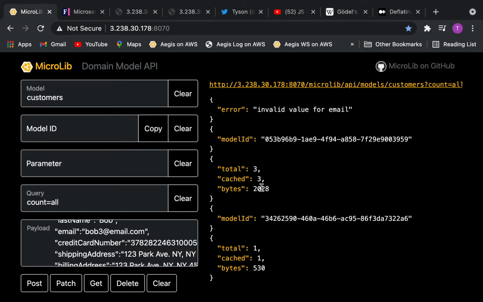So there we just live, while the server was up, switched from Mongo to a file-based storage adapter, and then back to a Mongo adapter with 0 downtime, 0 interruption,